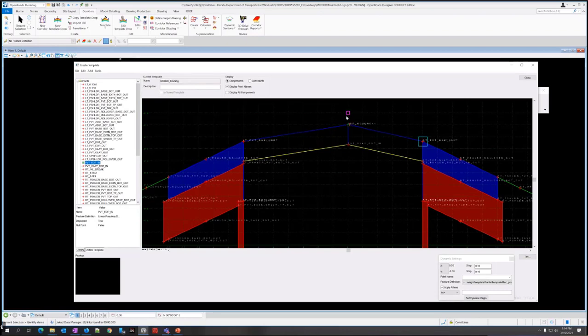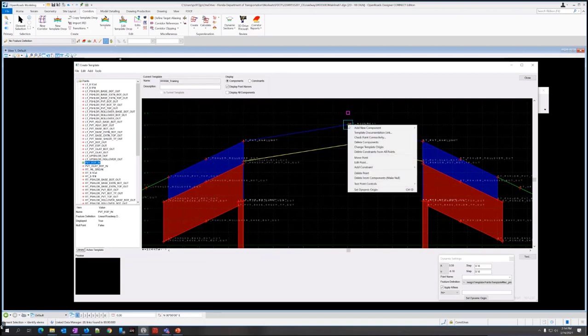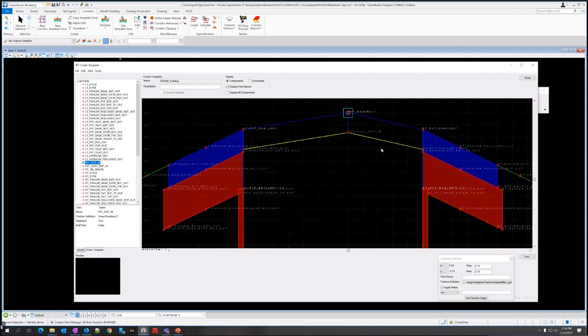So the only thing about moving this point is now it's not on my origin, so it won't follow the profile. So imagine this is your centerline profile, this purple square. So I can right-click on this green point and do change template origin. We're deviating a little bit from the exercises here, but I just wanted to clean that up for you. All right, and that puts it back on 0 and 0.